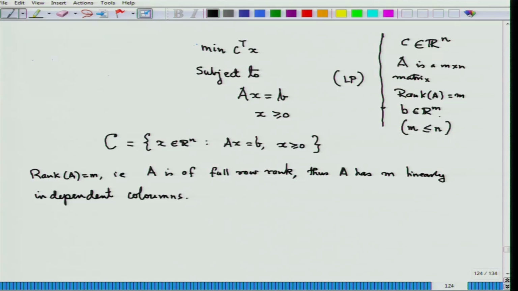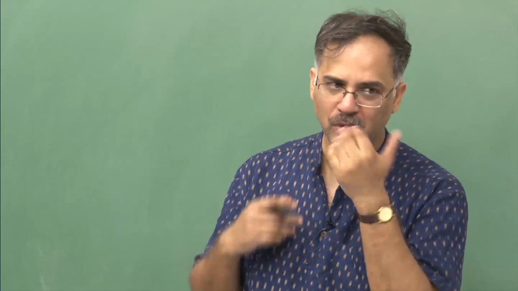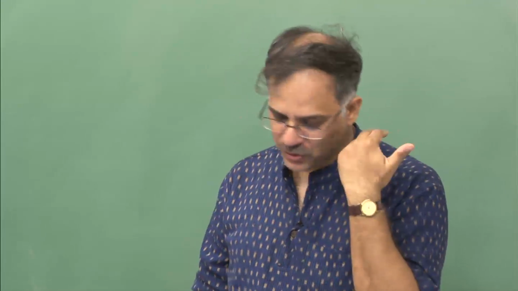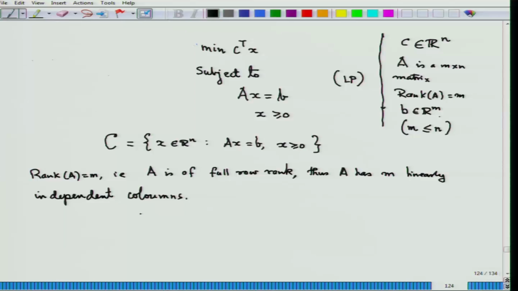Now, suppose by a stroke of luck, or by what we call multiplication with permutation matrices, I find that the first m columns of the matrix A are actually linearly independent. It may not be so easy to determine which vectors are linearly independent if the matrix is very large. Then there is a certain trick, but let us just assume for the time being that I can partition the matrix into B and N,